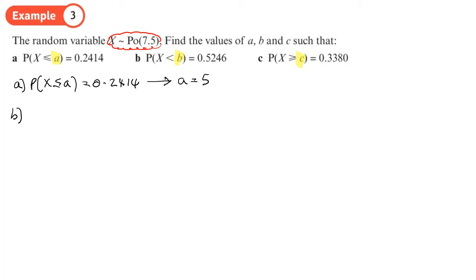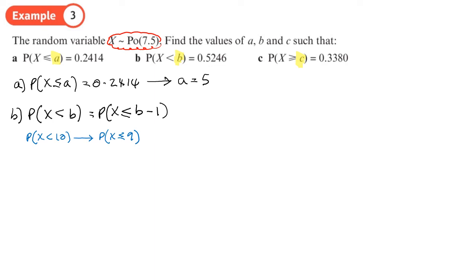Part B. So it says the probability that x is less than B. Now if that were a number, so if that was a number 10, the probability that x is less than 10, what would you do? You would do the probability of x less than or equal to 9, 1 less. So actually, it's less than or equal to 1 less than the number B. I'll just do an example here so you can see what it would be like if there were numbers there, and then you can see actually the pattern, what we're doing. So the probability that x is less than or equal to b minus 1 is equal to